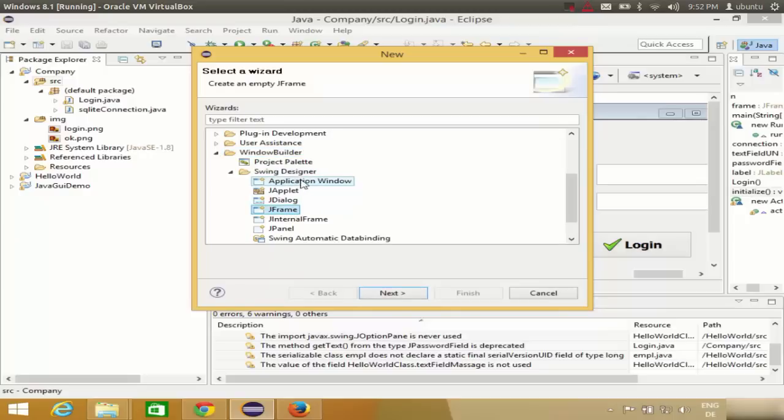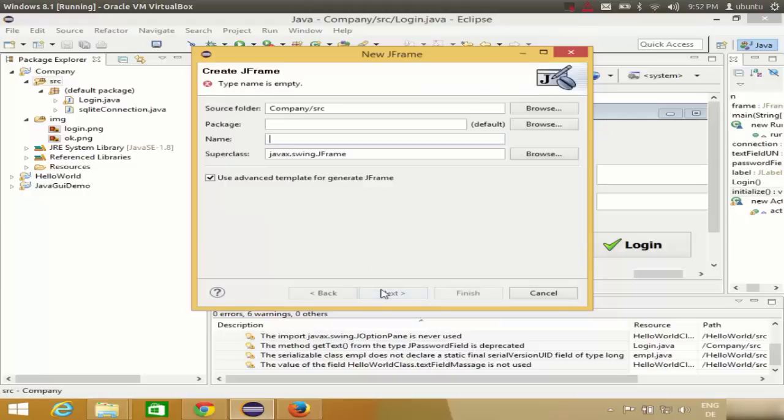Application window will create a main method inside your JFrame, and the main method can be only one, right? And this JFrame is just a frame, another frame. So you need to choose JFrame in this Swing Designer, right? So select this JFrame, click next, and give a name to your class. I give the name to my class as